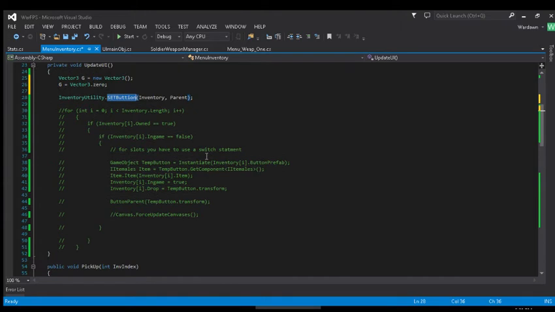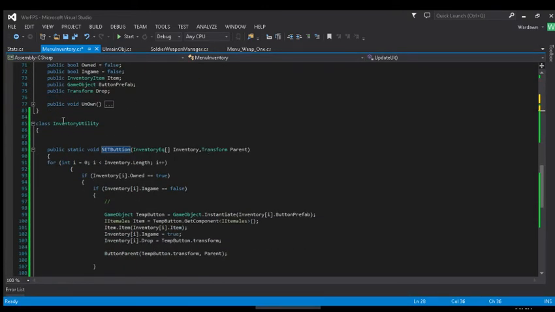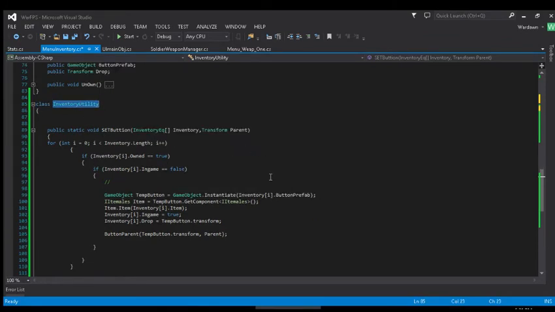Okay, and that's where our little classes come into play. Now this is just a regular class, and I called this inventory utility. Okay, now this is a public static set button inventory button, which means anybody who has access to this class, okay, has access to this,